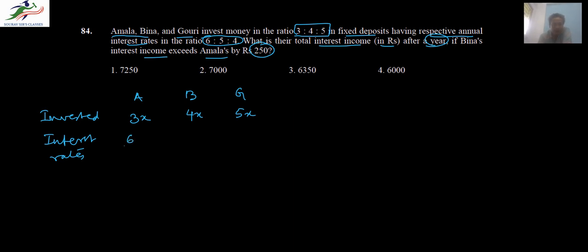So the interest rates would be 6 by 100 y, 5 by 100 y and 4 by 100 y. And the total interest income after a year is being asked. So let's find the total